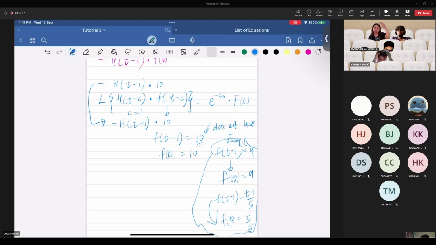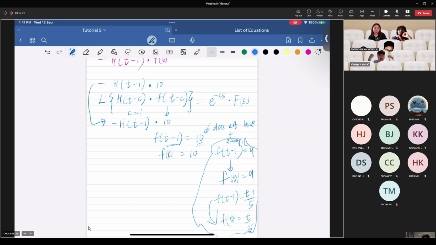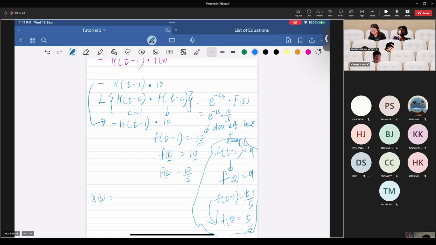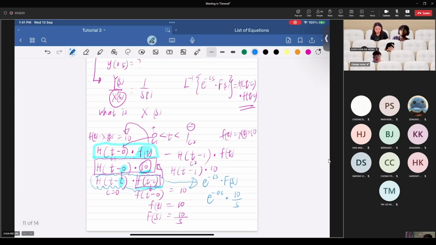Like Math 2, you have to do a lot of modification to actually get back the pattern exactly the same with t minus 1. But this is simpler because the function of t does not involve any t in the equation. So when you change the function from t minus 1 to t, you will get back exactly the same value. So you will get your F(s) equals 10 over s. Then this part will be e^(-1s)·10/s. Then you copy both sides of the equation, S(s) will be the one just now, e^(-0s)·10/s